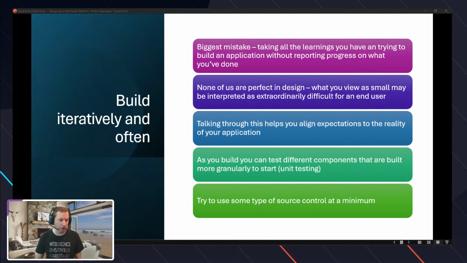Now, one thing to note here, too, is that we've looked at the Power Apps. The other thing we need to really look at is what we do to make sure that we have an app that's actually impactful, whether it's a Canvas app or a model-driven app. My statement around this is build iteratively and often. And what I mean by that, we've all experienced it. A lot of people, the biggest mistake I've ever seen in the industry, and in my youth, I was young one time,